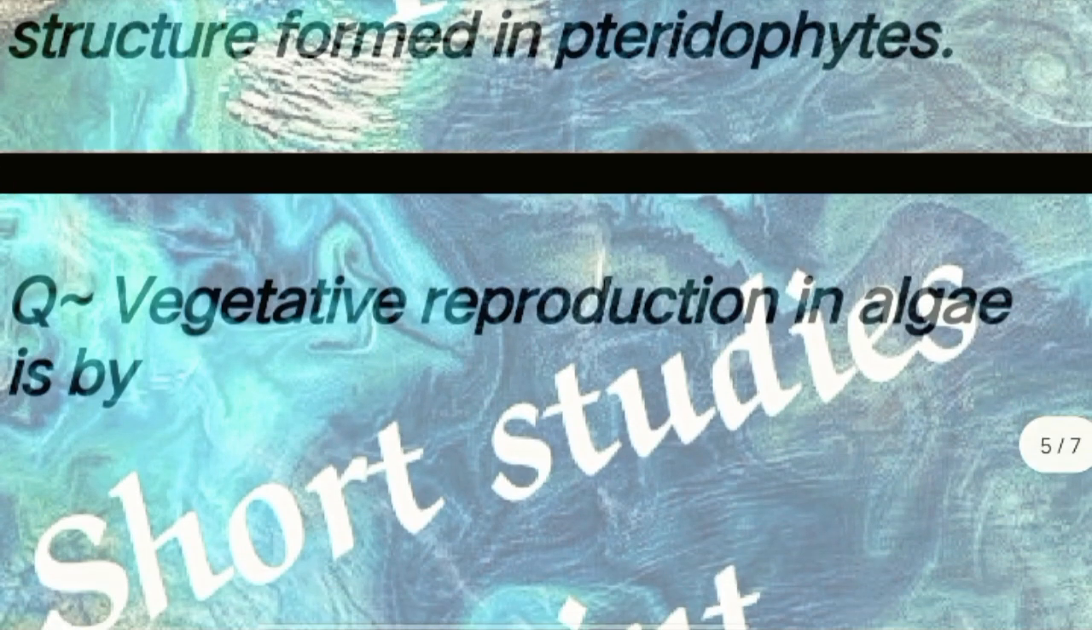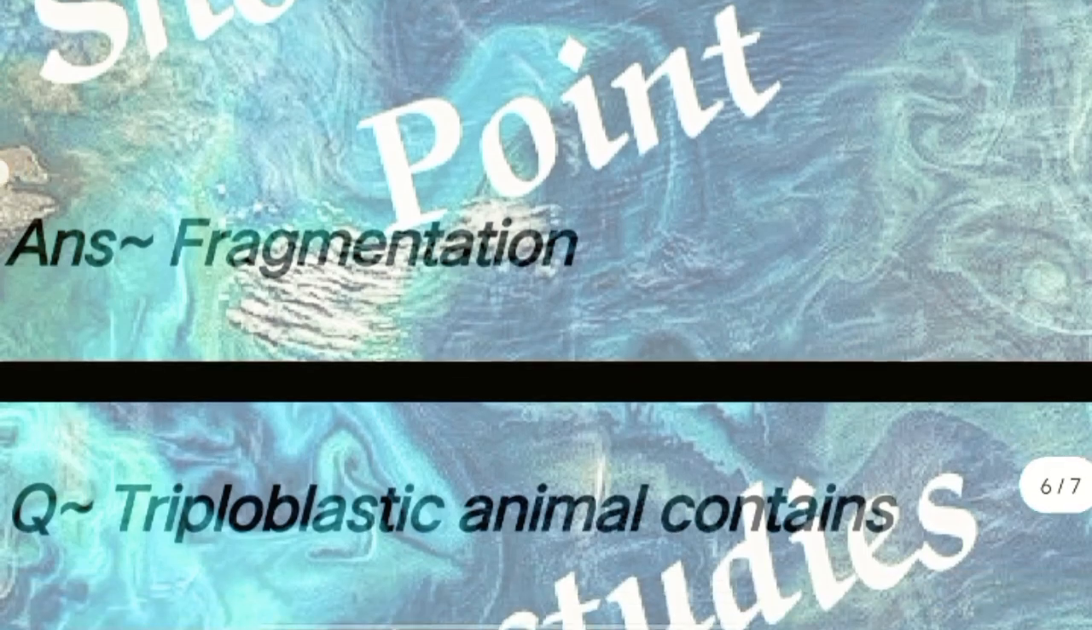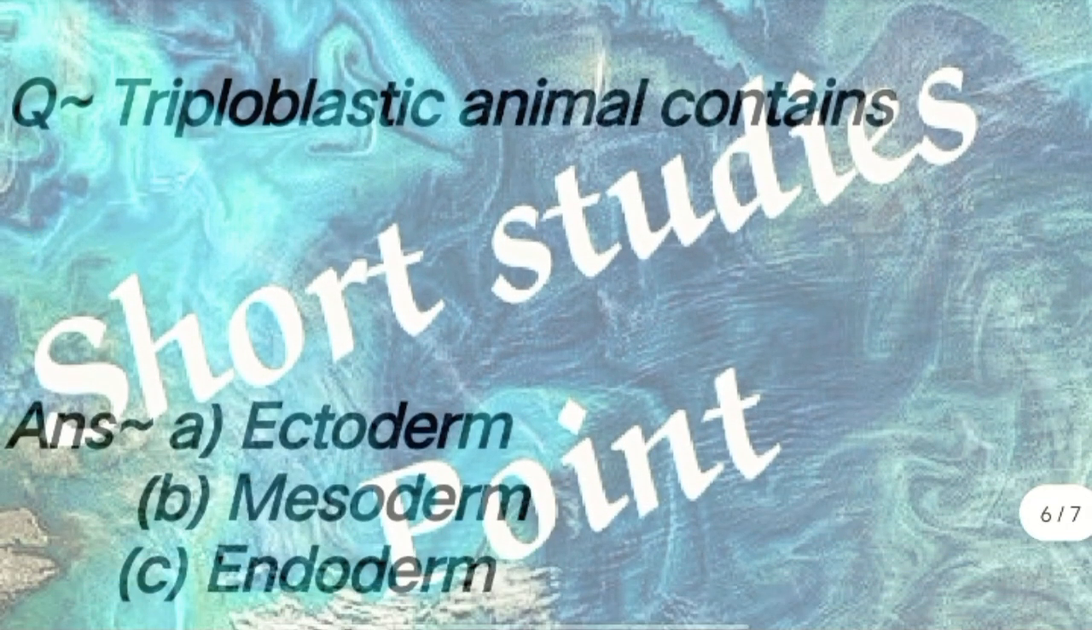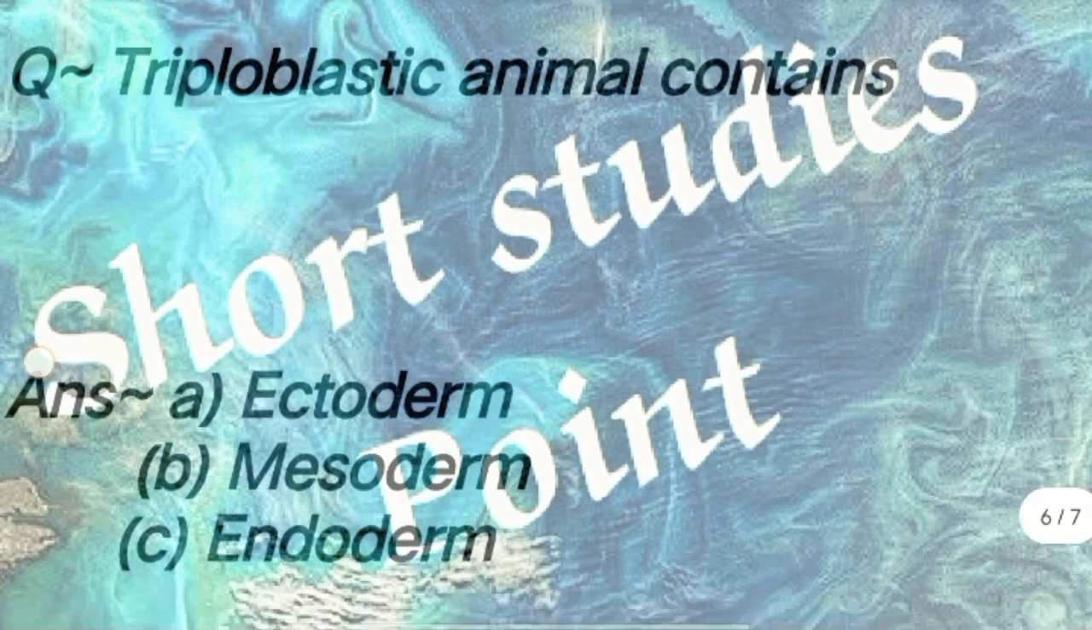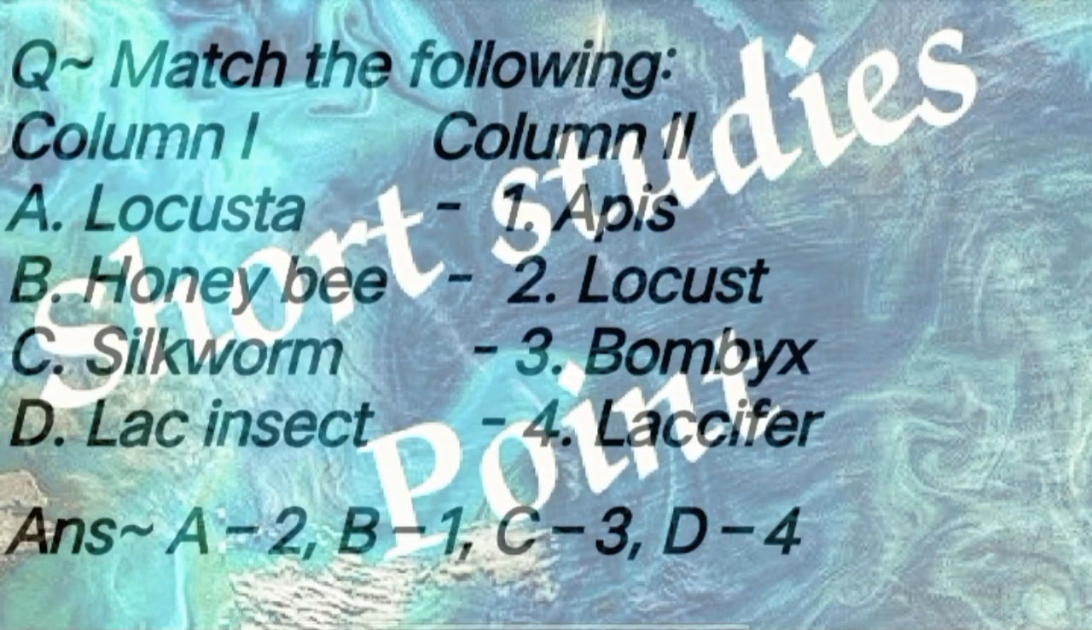Next question: vegetative reproduction in algae is by? Answer: fragmentation. Next question: triploblastic animals contain? Answer: ectoderm, mesoderm, and endoderm. Next question: match the following. A, Locusta, is Locusta, B, honeybee, is Apis, C, silkworm, is Bombyx, and D, lac insect, is